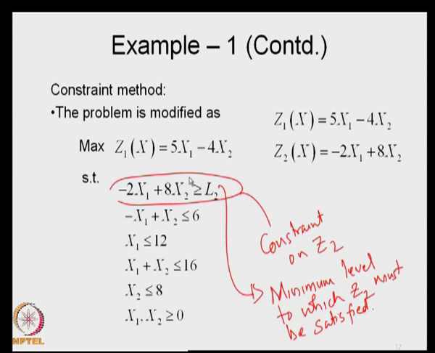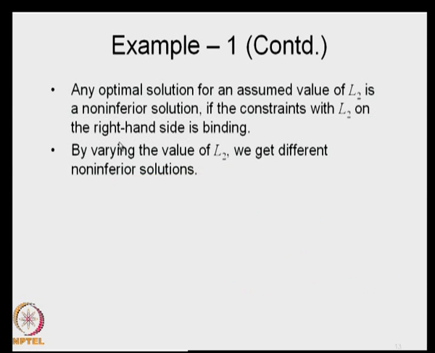So, this constraint has to be always met, then subject to the condition that it is always met, you maximize the other objective function. This is what we do in the constraint method. Again here, it is not one solution that is important. We play around with L2, we start increasing L2 starting with a minimum value, and then see how the other objective function behaves.